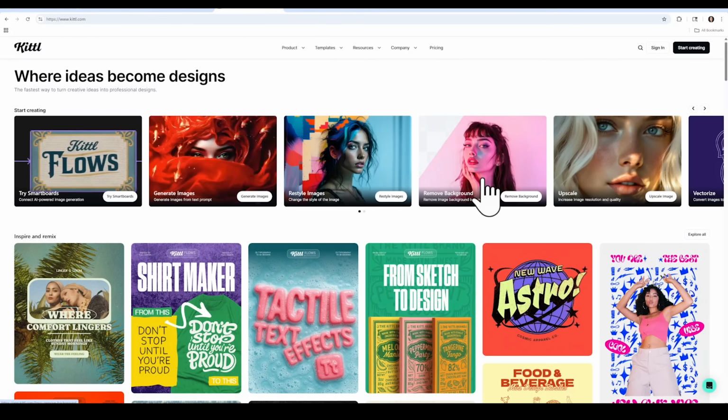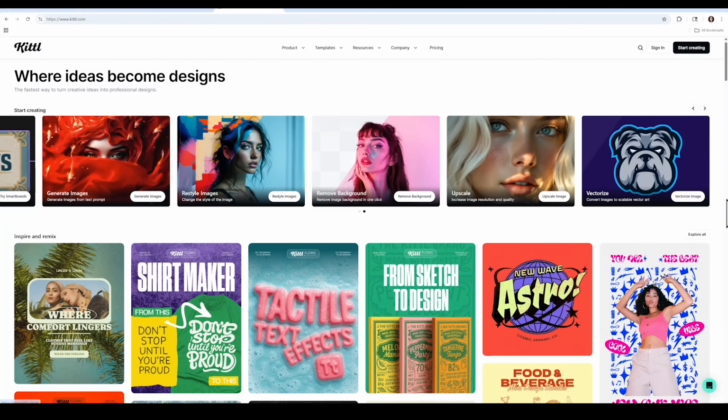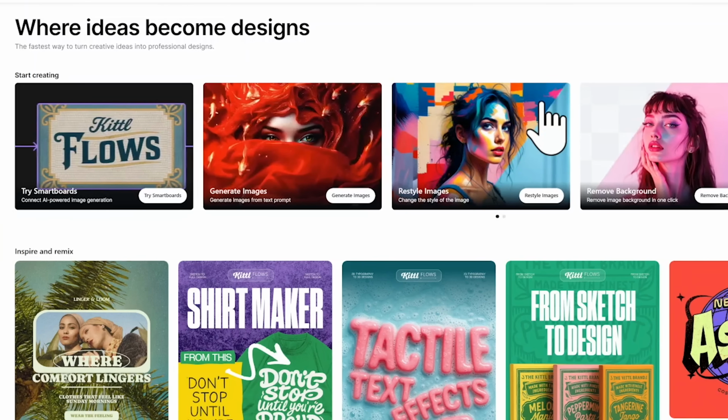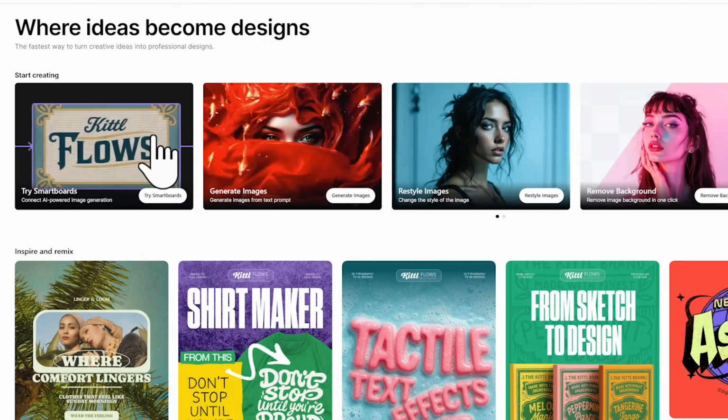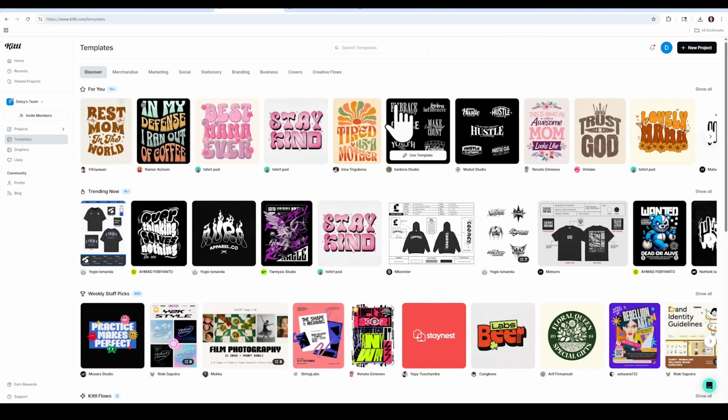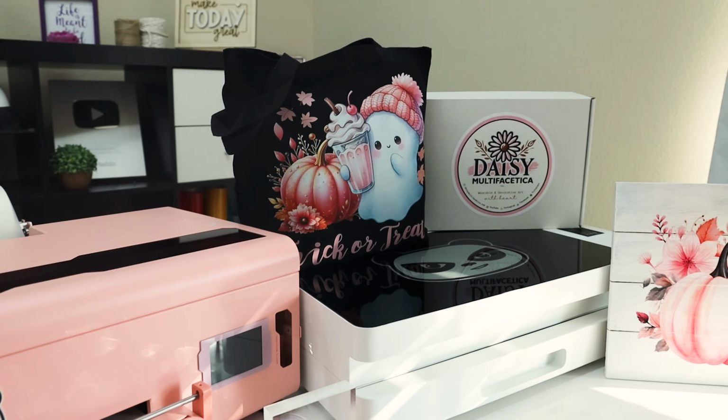From the main page, we have several super useful features. For example, Kittl Flows, AI image generator, vectorizer, background remover, and many more. I especially love the background remover for my DTF print. My favorites in Kittl are Kittl Flows, AI image generator, and vectorizer because they allow me to transform a design